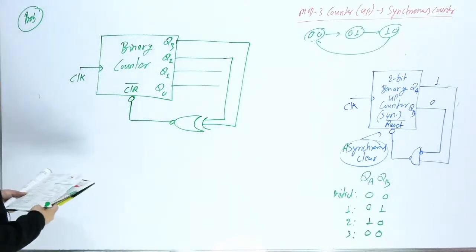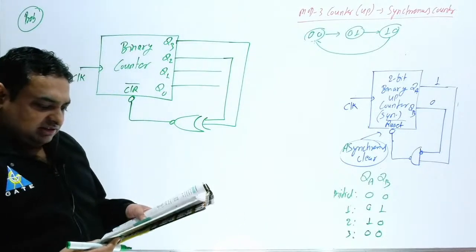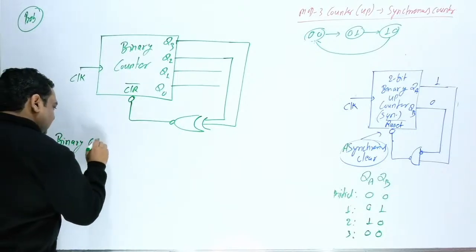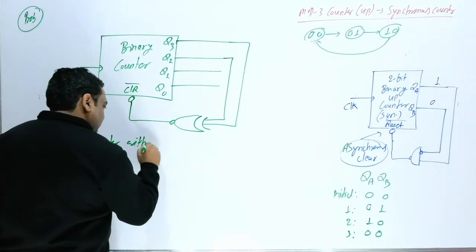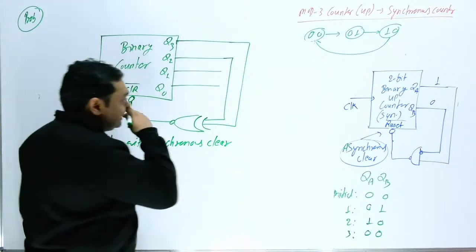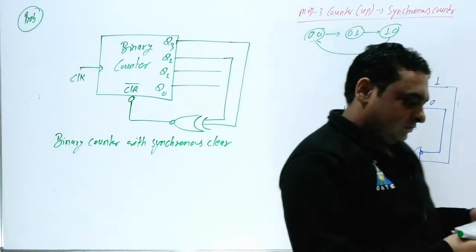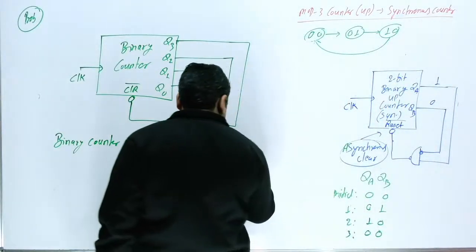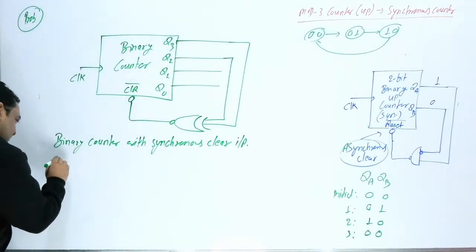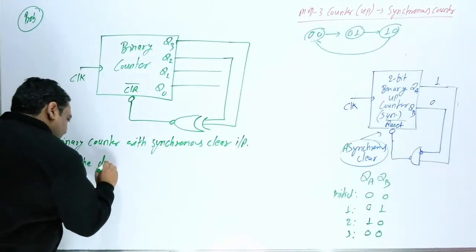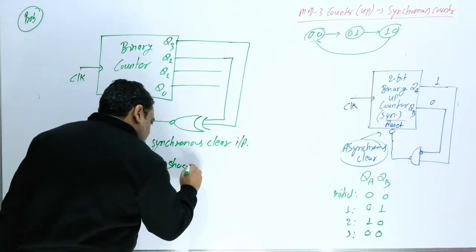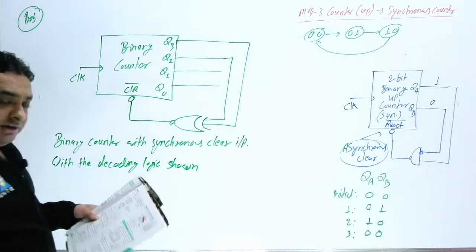Now I am going to read out the question. The figure shows a binary counter with a synchronous clear input, with the decoding logic shown. The counter works as a